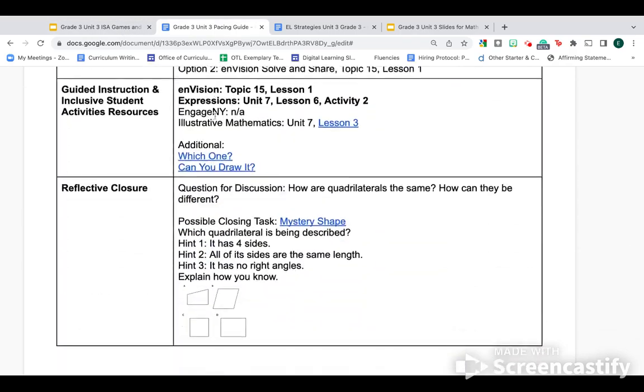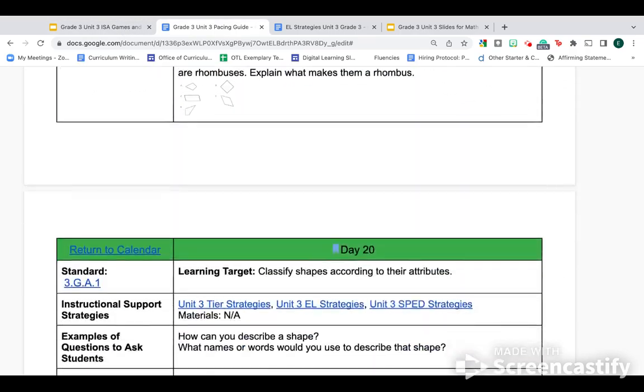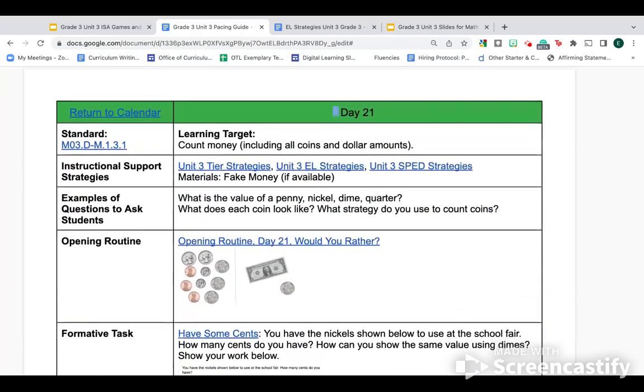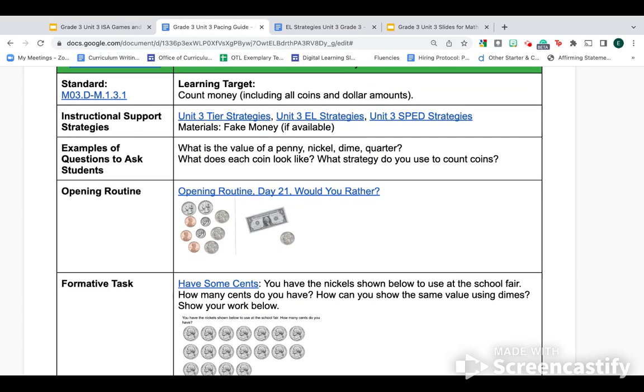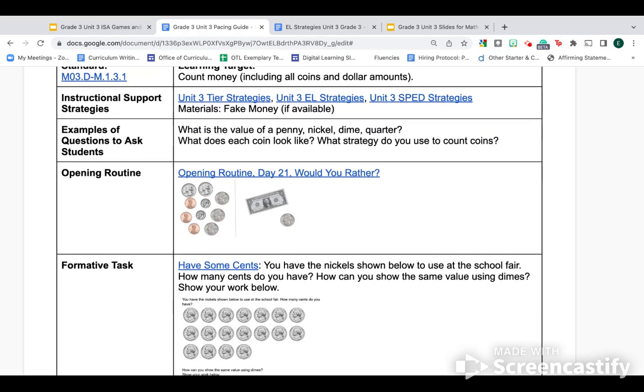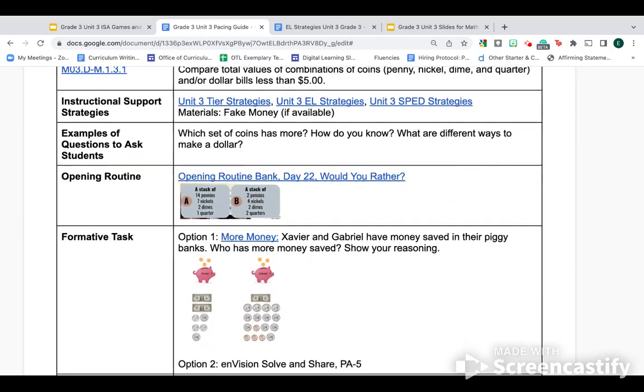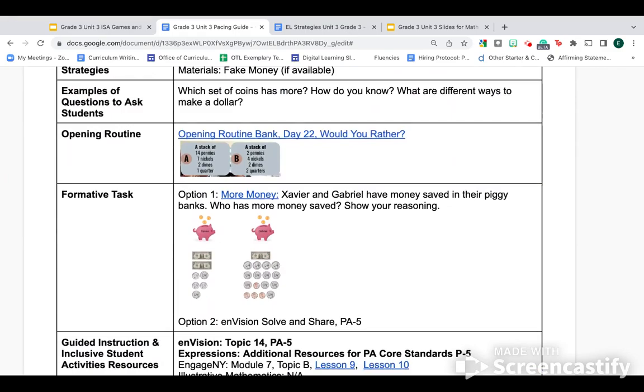When we get to money, down here to money, we didn't provide any toy money to you this year, but if you have any, it would be super helpful. It's kind of a fun set of lessons where we have lots of would you rathers and which one doesn't belong and counting money and real world problems. We hope it's a great way for you to end your calendar year of 2022. And keep in mind, throughout topic B, you can continue to reinforce division through your inclusive student